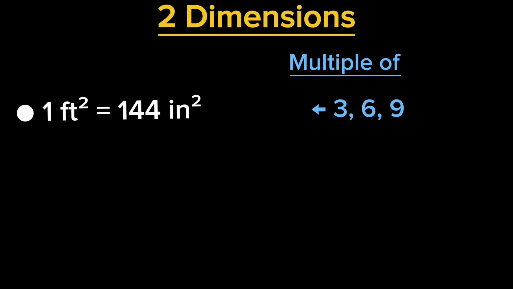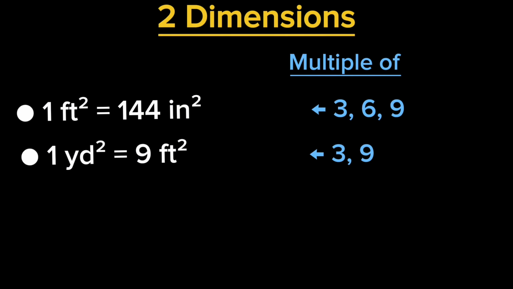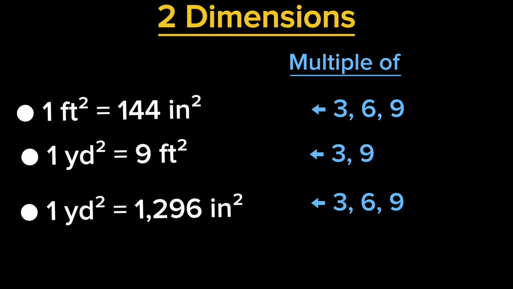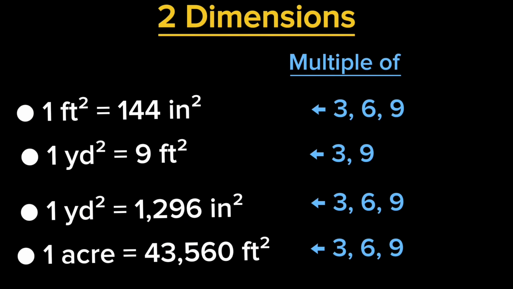In 2 dimensions, we have 1 square foot is equal to 144 square inches, 1 square yard is equal to 9 square feet, 1 square yard is equal to 1,296 square inches, and 1 acre is equal to 43,560 square feet. As you can see, all of these are multiples of 3 and 9, and most of them